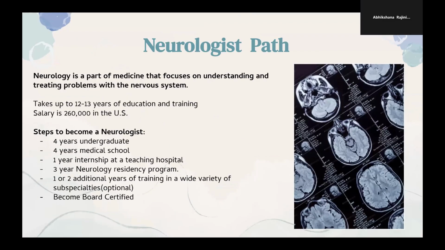Next is the career path, which is the neurologist path. So again, neurology is a part of medicine that focuses on understanding and treating problems with the nervous system. It takes up to 12 to 13 years of education and training, and the salary is